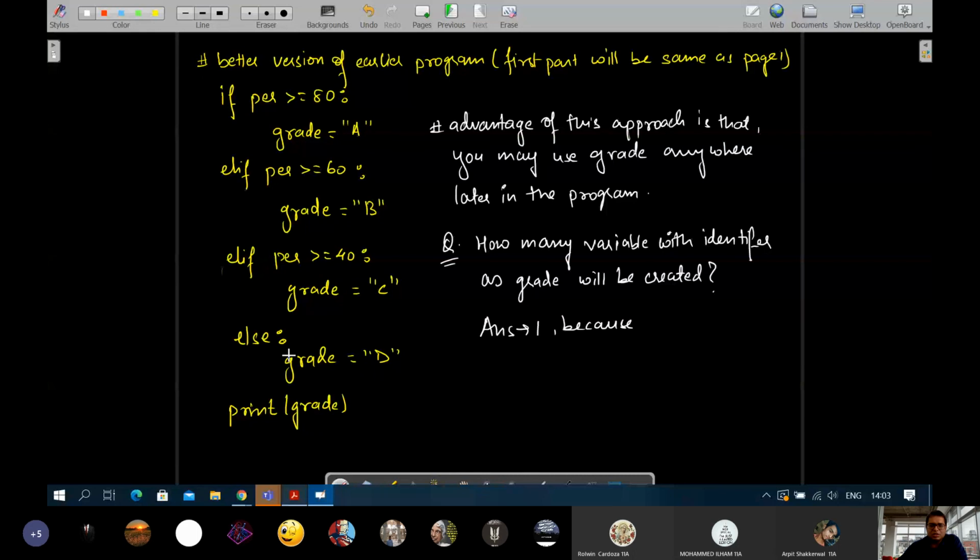Okay, so because only one of the conditions is going to match, only one will be created.